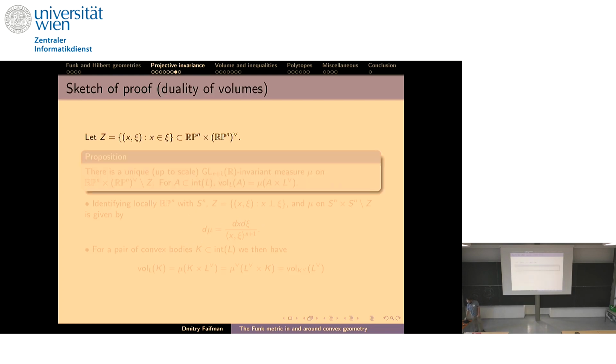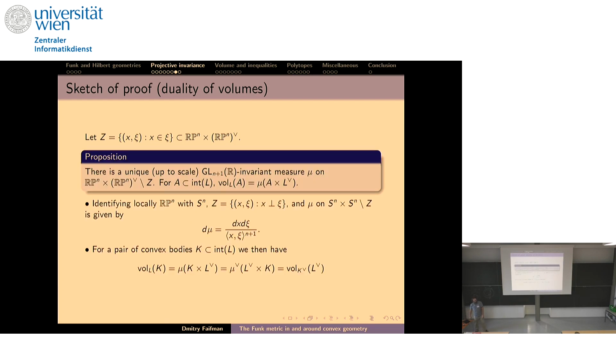So here is the idea. Here is a sketch of why there is duality of volumes. Maybe to introduce that's the easier one. So there will be a special set Z inside the product of the projective space and the dual projective space, consisting of the incidence hypersurface of points belonging to a hyperplane. And in its complement, it turns out there is a unique